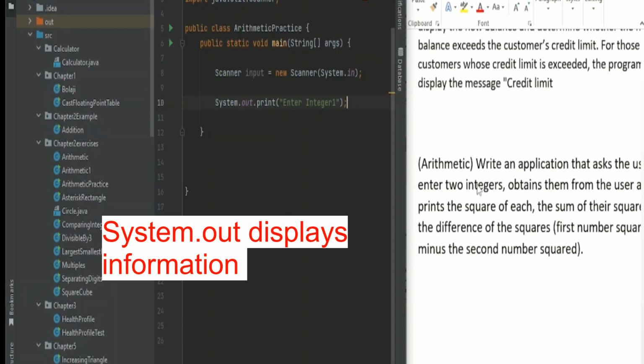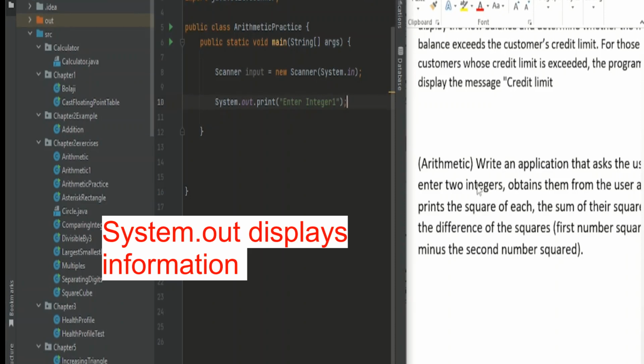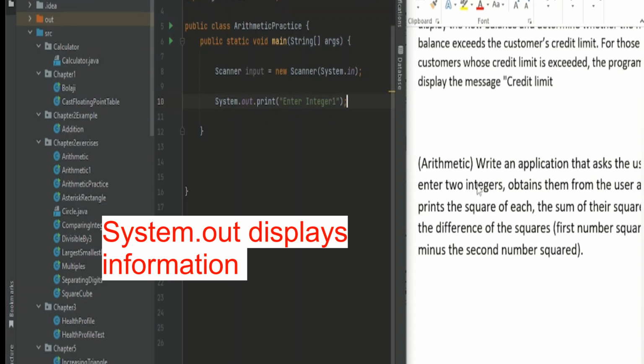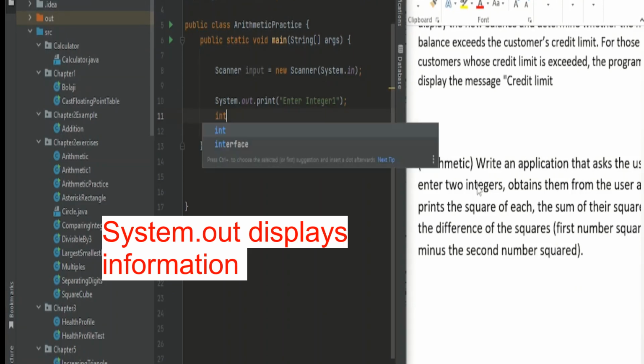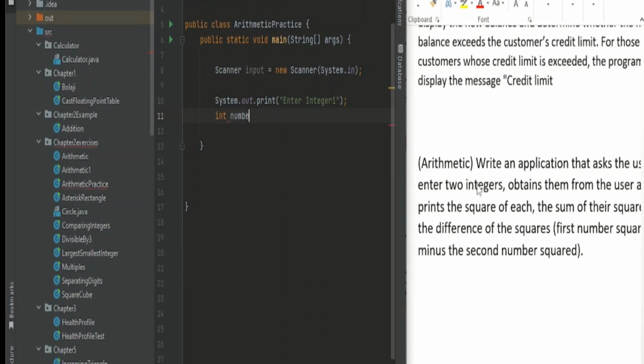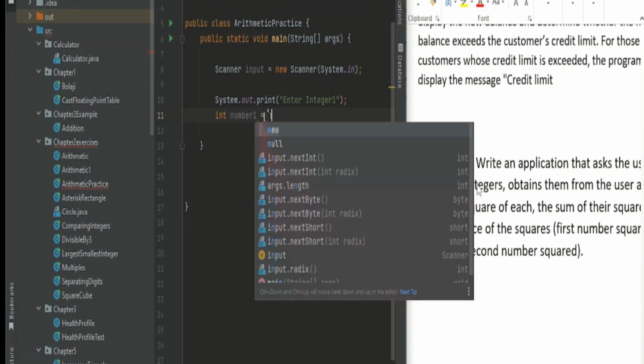There are different kinds of prints. There is println, there is printf, there is ordinary print. But for this particular line, we are going to use ordinary print. When we come down, as I'm coding, you will see printf very soon. So the next thing we are going to do now is put in int number1 equals next